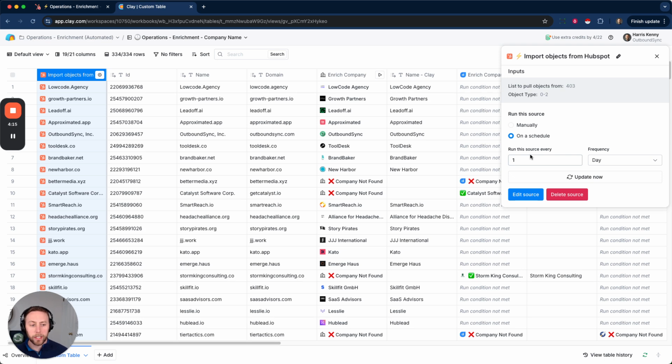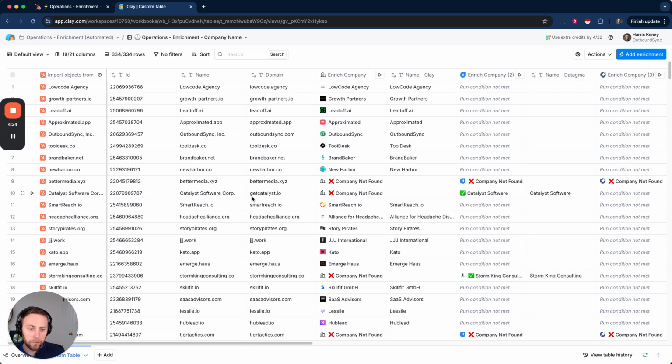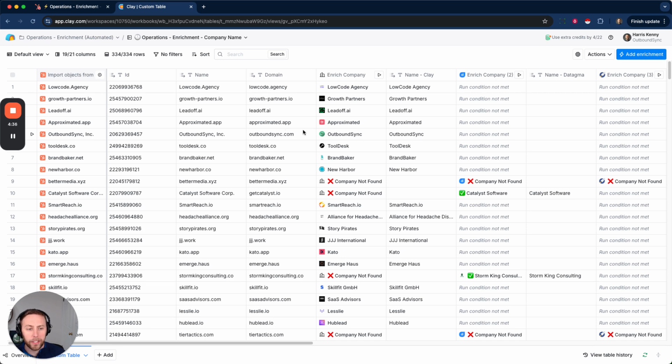So this is running on a schedule. It's going to run once a day, looking for names to be updated. I could manually push and update if I need to, but once a day is fine as far as I'm concerned. I don't need to run more frequently than that. You can see the list of companies here that were also found in that previous HubSpot list. I've got the ID, the name, the domain, and now a series of enrichments